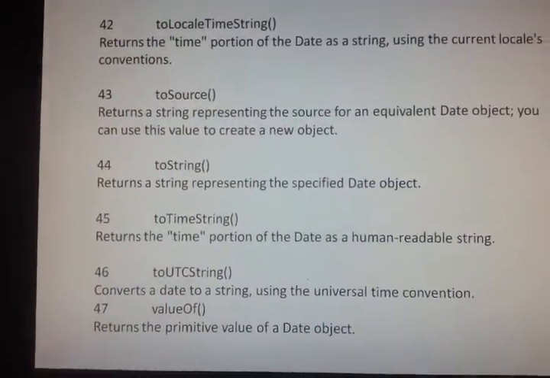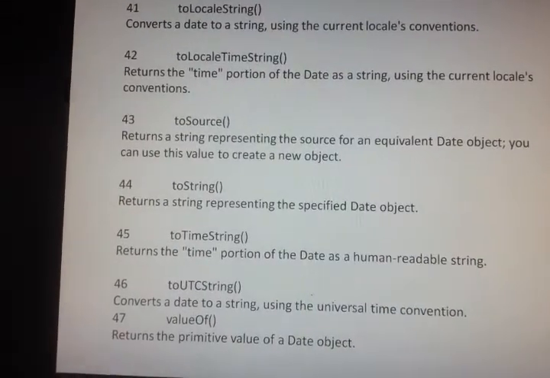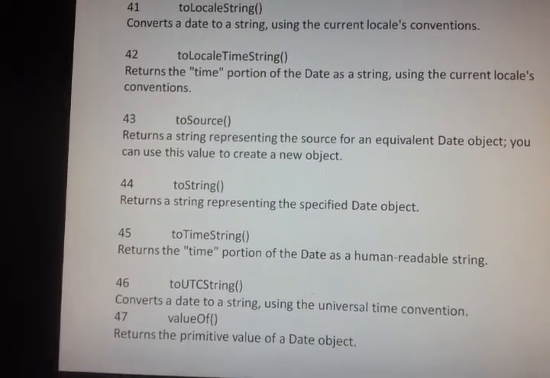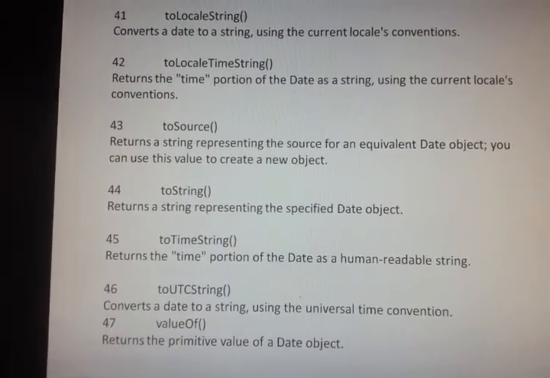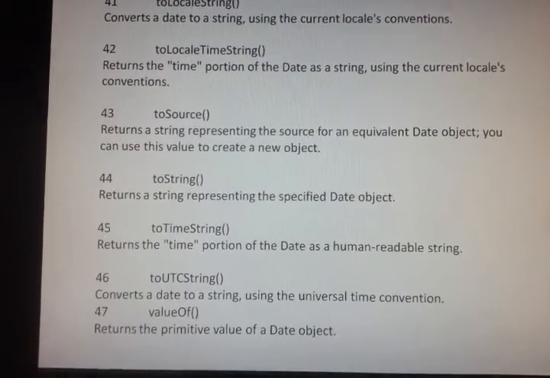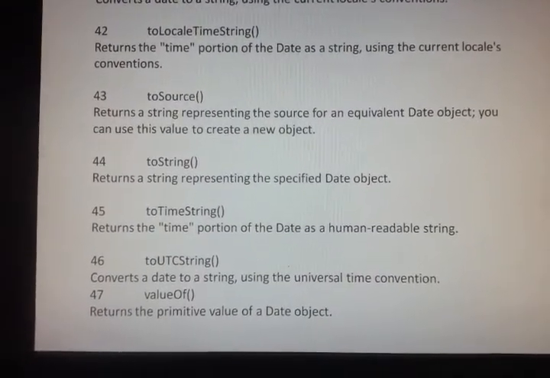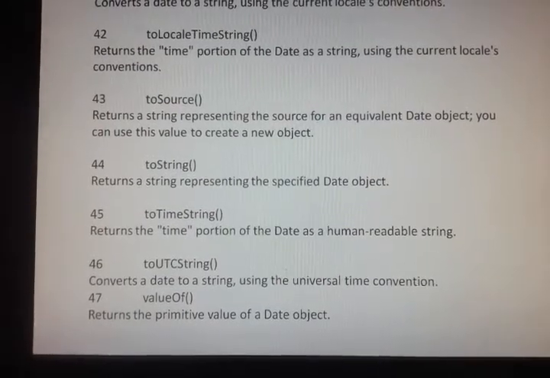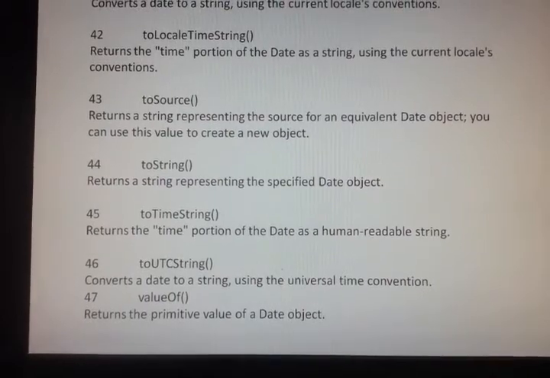Next, toString method. Returns a string representing the specified date object. Next method is toTimeString method. It returns the time portion of the date as a human readable string.